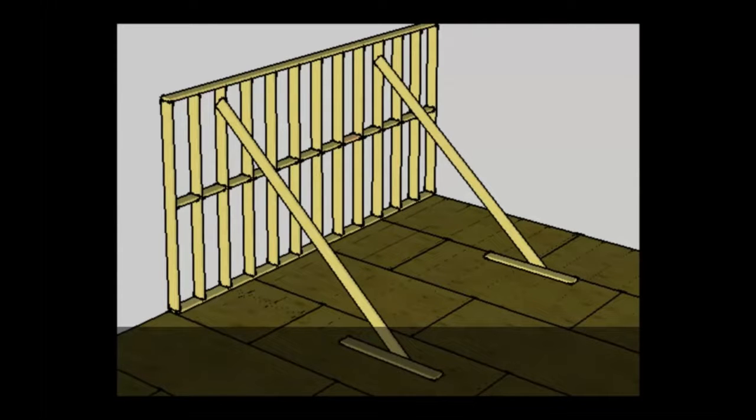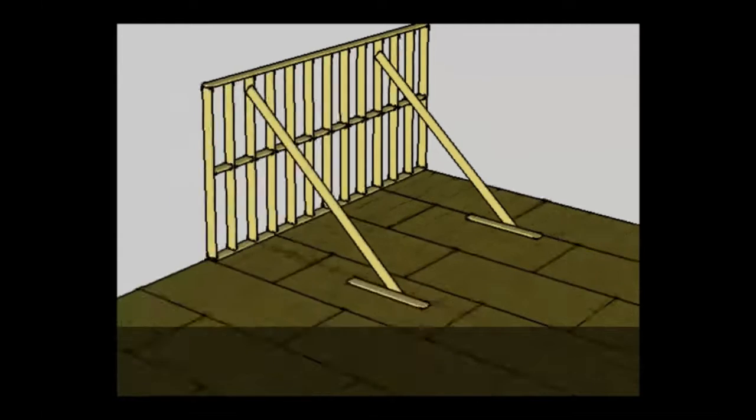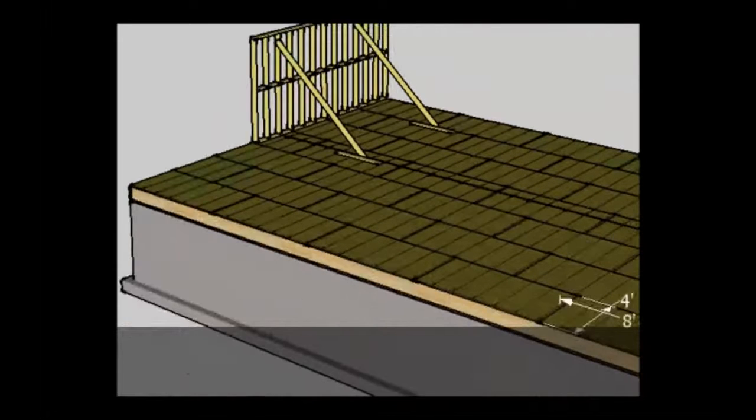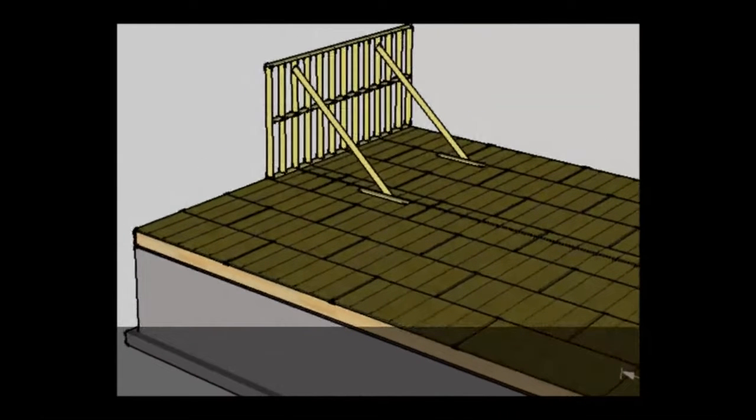So once the wall is all framed up, then it will be lifted into place and temporarily supported until the rest of the framework can be put in place. Now, when they put the wall in place, they are going to have to plumb it to make sure that it's standing perfectly vertical. They put their temporary supports in place, and then begin building the rest of the